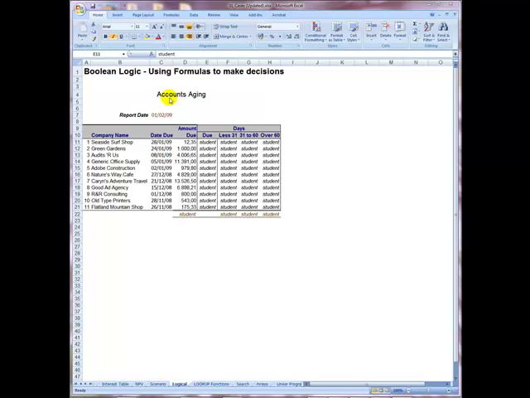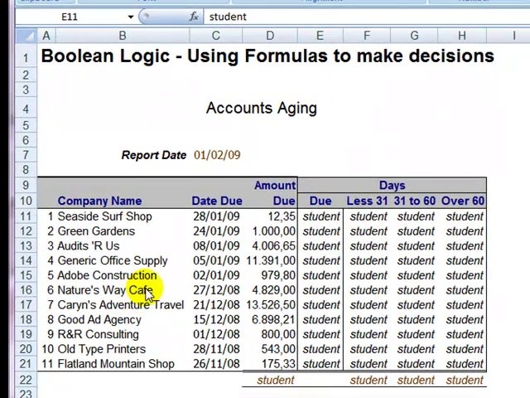This is an accounts aging report, which basically means that we have a list of companies with which we do business that have paid us with a post-dated check, something very common in the Greek market. But basically it means that if we assume that today is the 1st of the 2nd of 2009, which is the report date,